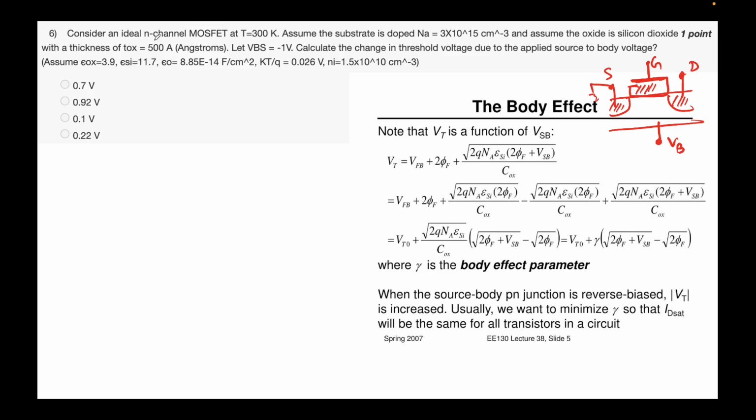500 angstroms would mean 50 nanometers. Okay, and VBS is minus 12 volts. We are required to find the change in threshold voltage due to the applied source to body voltage. So we are required to find only the change in threshold voltage. Okay, that means only this term, because this is the standard threshold voltage without any body bias. So I can simply write that delta VTH will be equal to